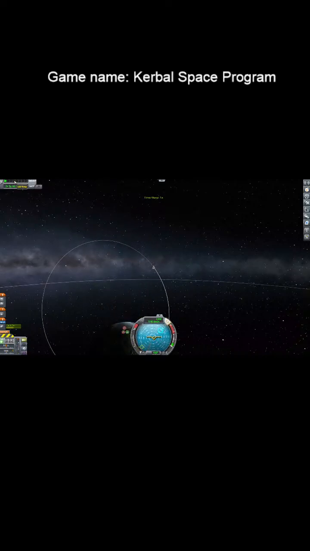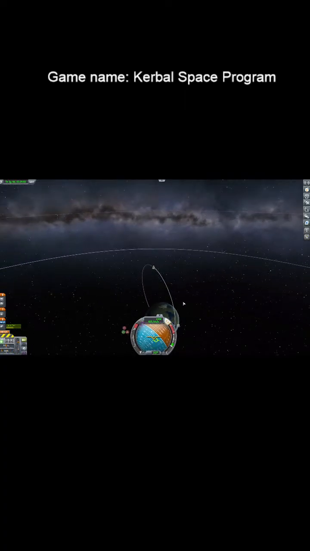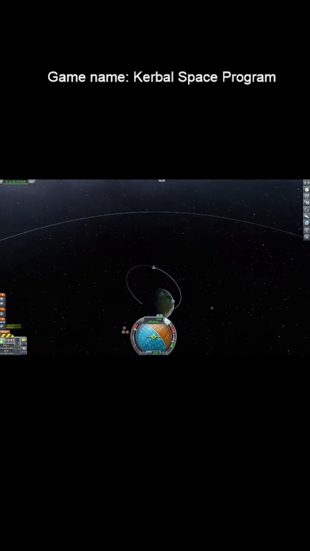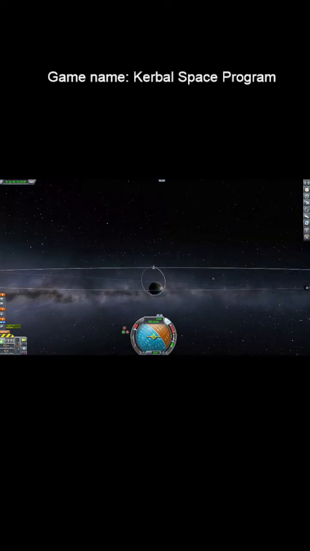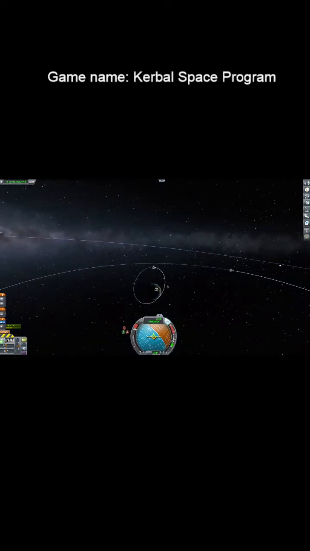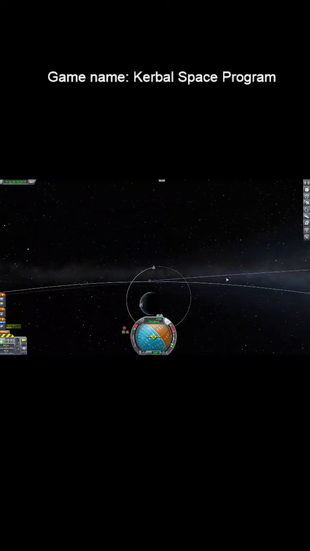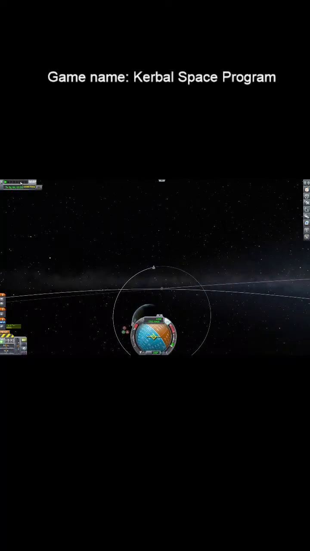I think I need to go retrograde. About here. No. I need to go prograde. I don't want to go retrograde, because then I'll just end up... I don't even know what'll happen, but it won't be good. Well, now I'm in a basically...